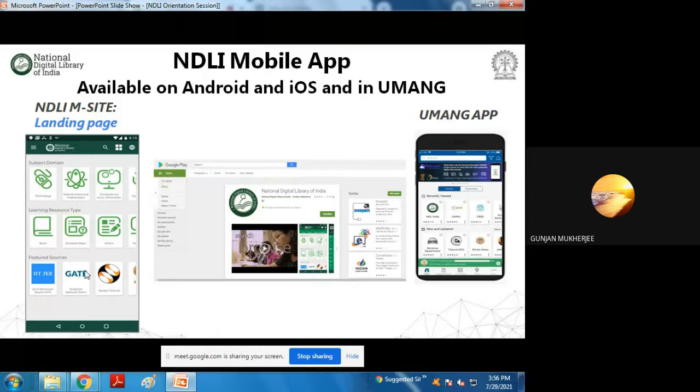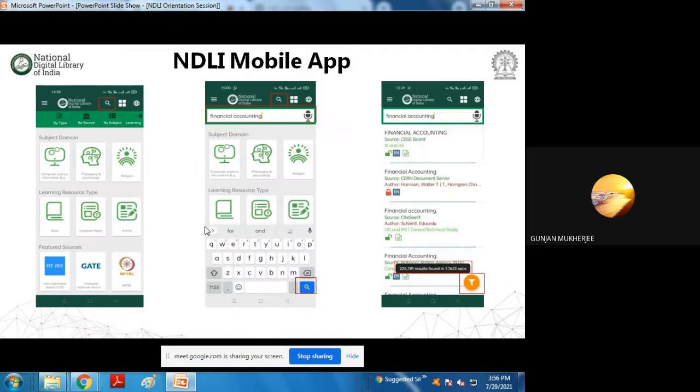Once you click on the NDLI app, you just install it. Then you see this interface looking like that, and if you click on IIT JEE or something like this, then automatically you can get the corresponding materials. So these are the different item sections as being offered by this NDLI portal. Now, this is showing you the detailed features of the app. Here also you can search for any particular item if you wish. It is just like the websites, and probably you are all very conversant in using these apps, so you better understand how to search for any particular things in the app.